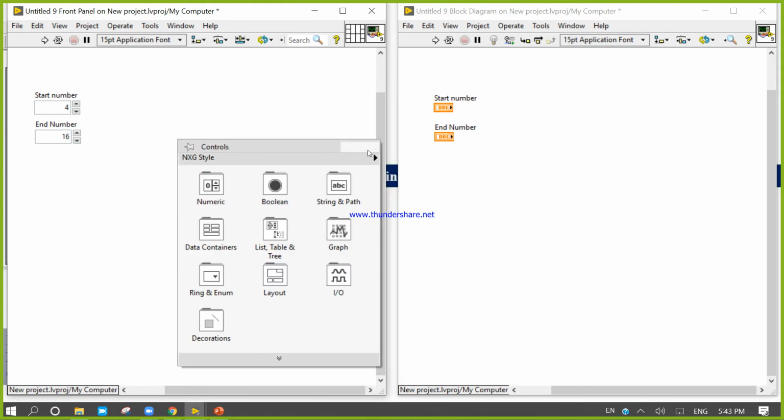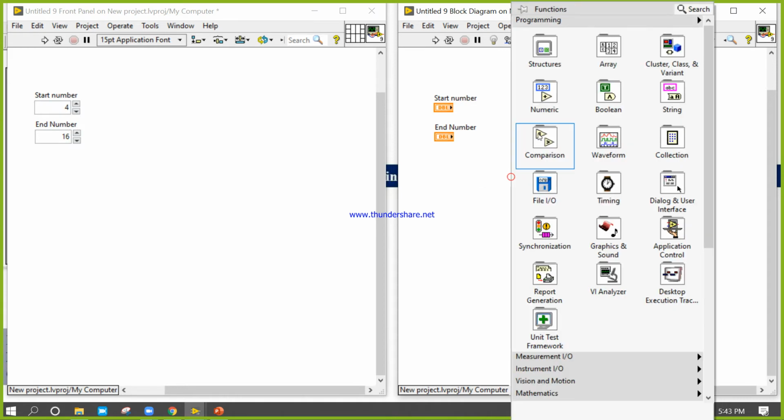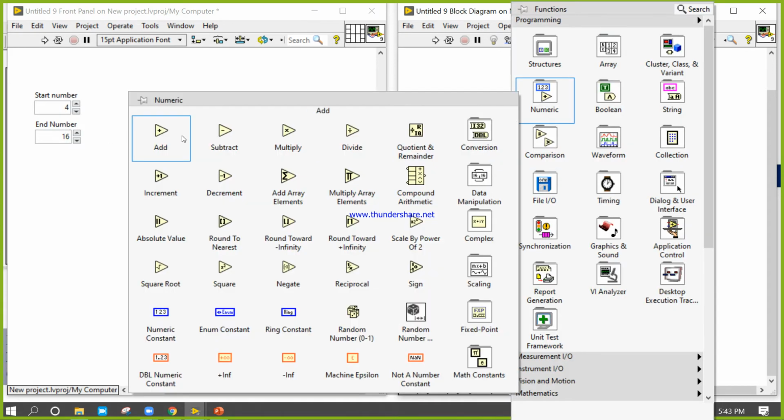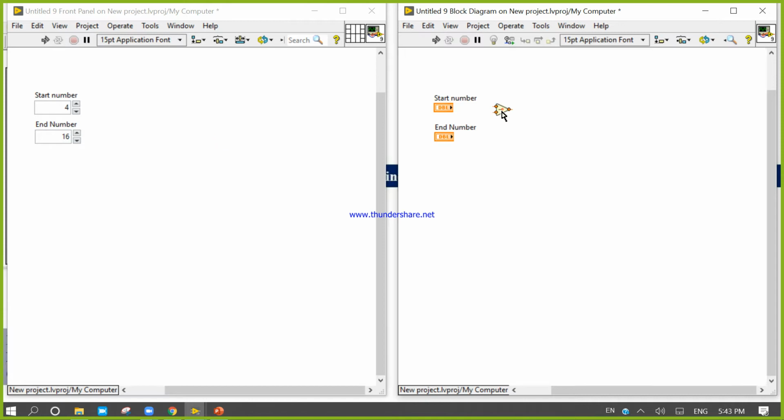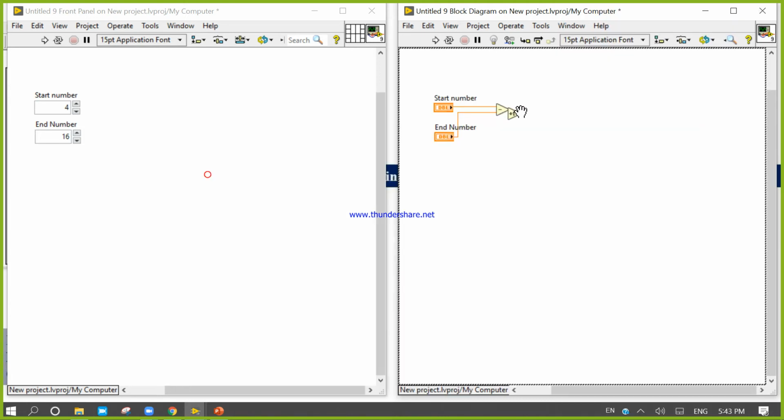Let's subtract. We subtract 4 from 16 because we start from 4 and end at 16, and then use an increment.